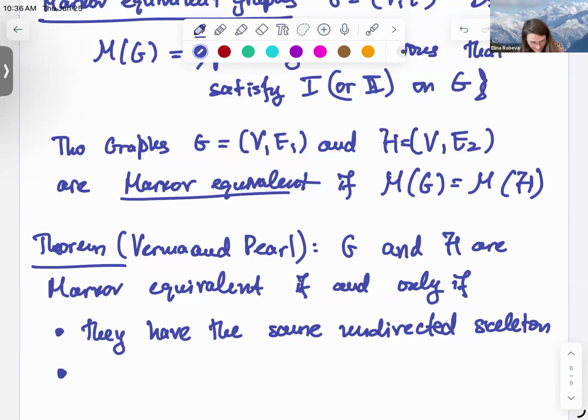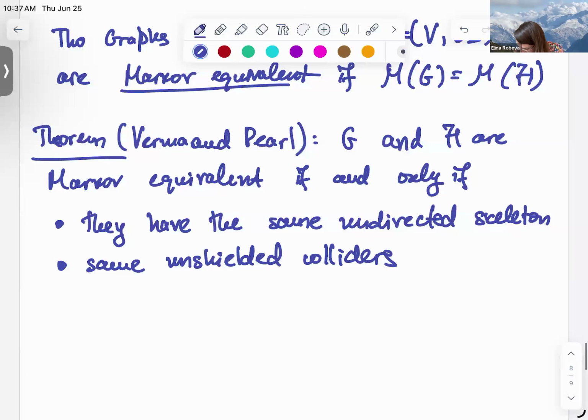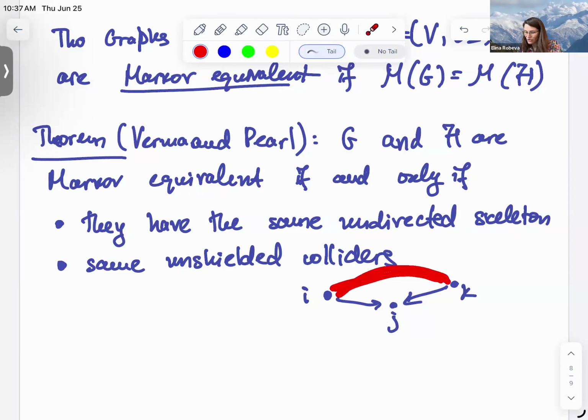And they have the same sets of unshielded colliders. What is that? So if in the graph we have a situation like this, where in both graphs you have the vertices I, J, K have these edges, and there's no edge between I and K. So there's no shield. This is unshielded. Then that means this condition is satisfied. So for every triple that has this collider and no edge here,